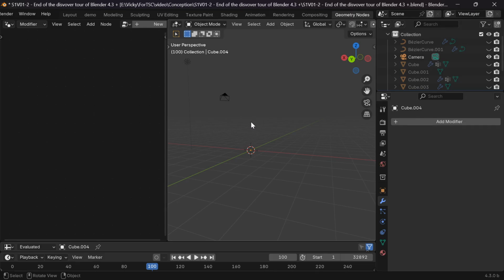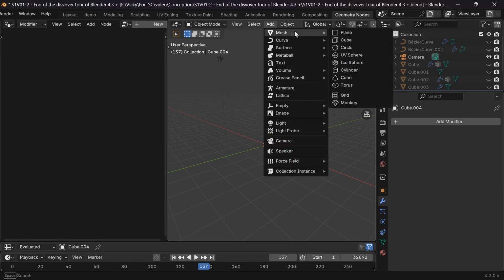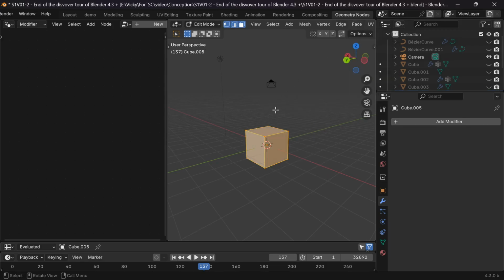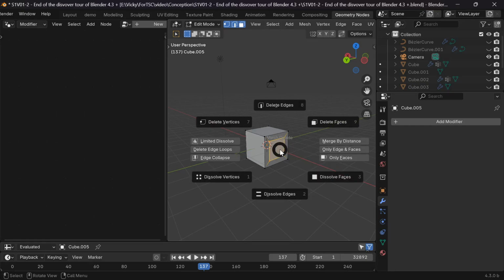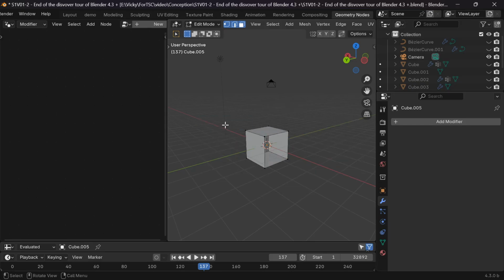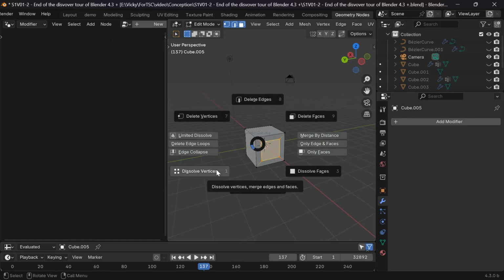It's a perfect combination with the K shortcut. Indeed, in the pie menu, you can see dissolve. It means you can delete elements in a domain without breaking another one. For example, I take a face on the cube and create another face on it. If I delete the vertices, all the connected faces are removed too. I go back and this time I use dissolve to remove the vertices. As you can see, the face of the cube is not removed. We preserved the face domains.